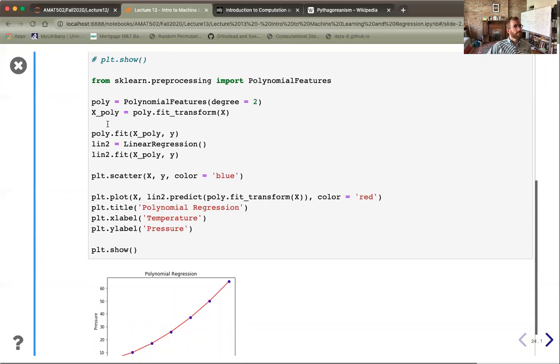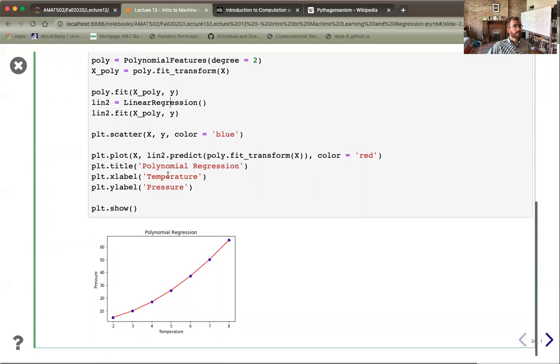And so once I've done that, I now can actually fit my polynomial. Well, here, this is the one where I've already looked at some of these newly generated polynomials, and I look at how that polynomial responds and is compared with the values y. And then I could apply what's actually this linear regression method here. And at the end of the day, I end up predicting or plotting my lin2.predict, which comes from a linear regression on this transformation. And we'll get into why that is soon. And this allows me to see that there is actually this functional relationship that is very quadratic.